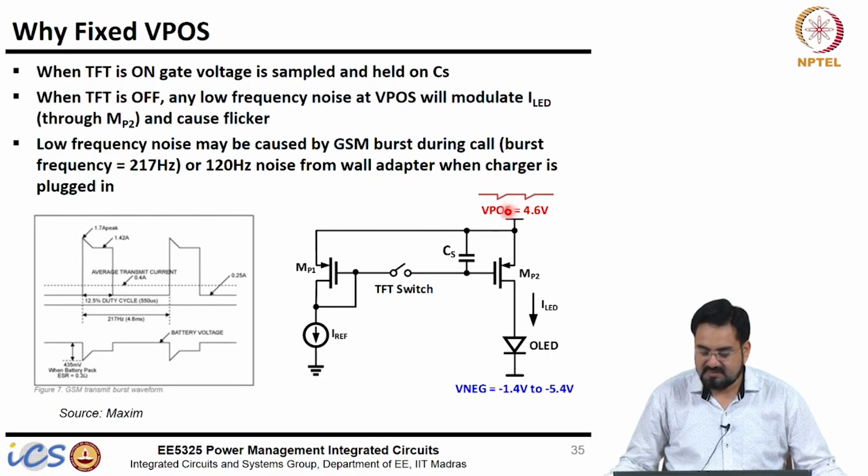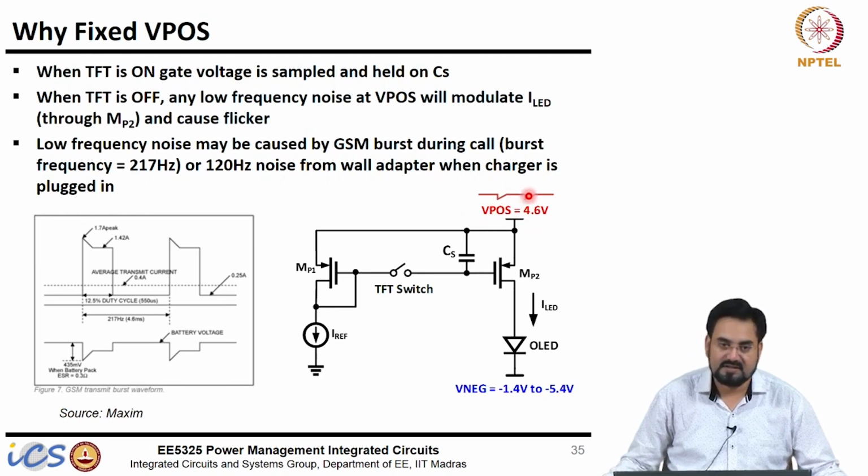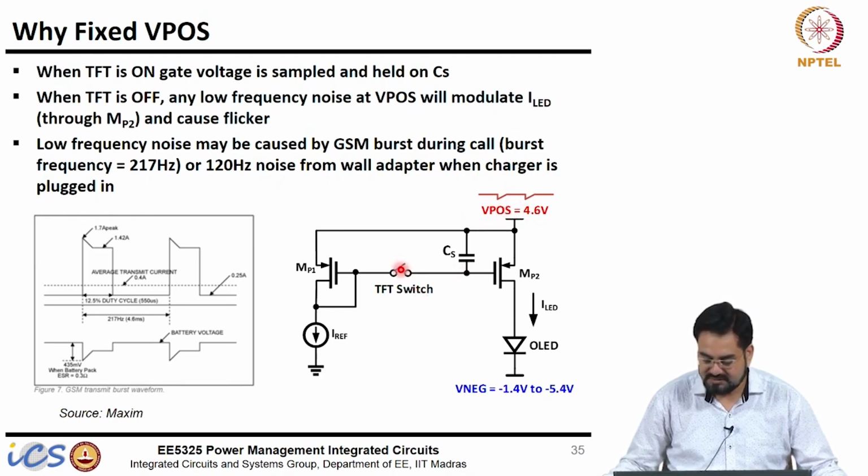So, the main reason to get a constant, fixed VPOS of 4.6 volt is that we cannot afford any noise here. Since we are refreshing this OLED pixel at a particular frequency, a refresh rate, when it is not getting sampled, the current is determined by the VGS of this MOSFET MP1. So, when we are not sampling, any change in this VPOS will cause a change in the